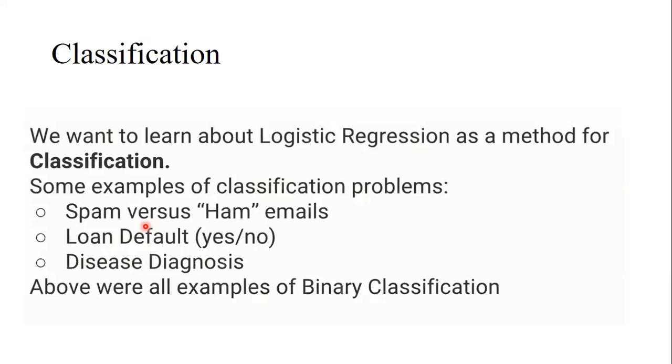For this kind of perspective, we are not going to handle multiple steps. We are simply going to handle only two outcomes. The output is either this or that. That's the very first thing you need to understand. The next thing we are going to do here is classification. If you classify something, that's known as classification.